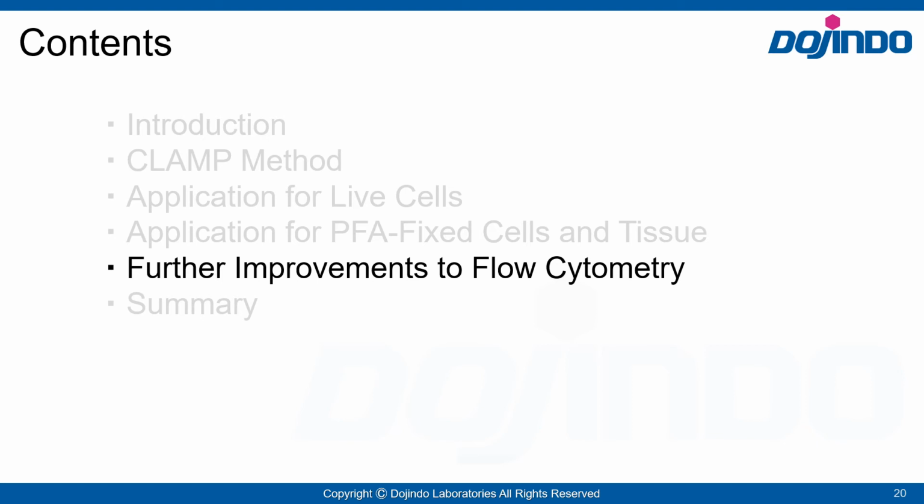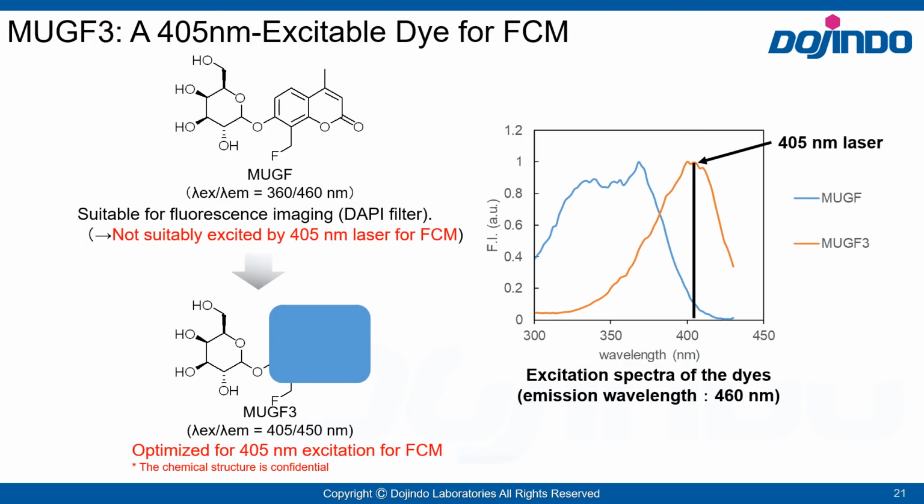So far, the data presented has been from fluorescence imaging, but the benefits of clamp extend to flow cytometry, improving that method's sensitivity as well. The structure of the clamp dye, MUGF, is shown here. In the graph to the right, MUGF's excitation spectrum is represented by the blue line. As the line indicates, it is difficult to excite at 405 nanometers, which is very often used as the exciting